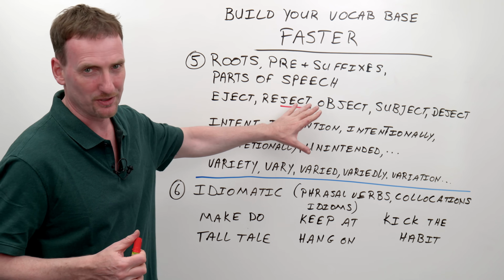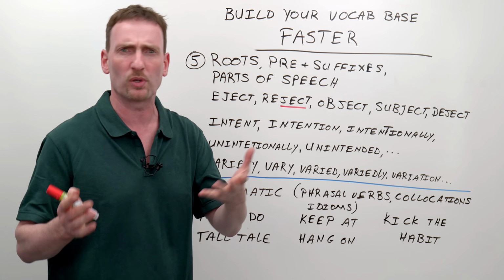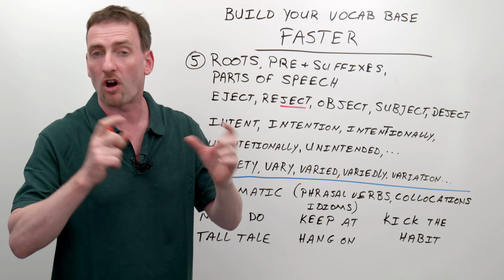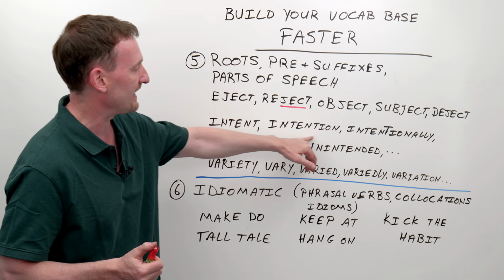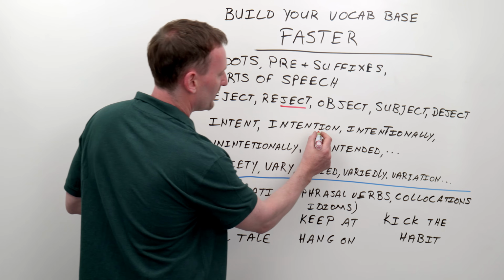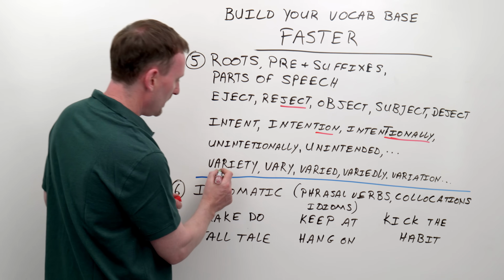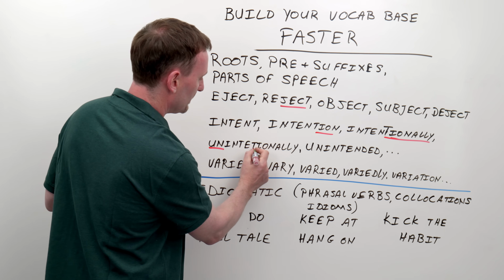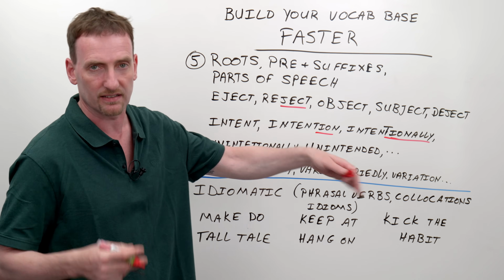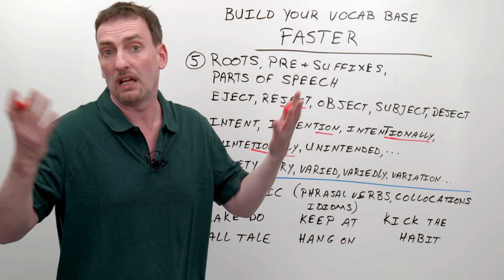So that's the root. Then make sure that whenever you have new words, don't only learn the one word. Learn all its different forms with all the prefixes and suffixes. Intent, intention, right? So here we have a suffix. Intentionally, all the way. Unintentional. Here I have a prefix and a suffix. Unintended, etc. Try to see all the different forms that you can find of a word, and then you have